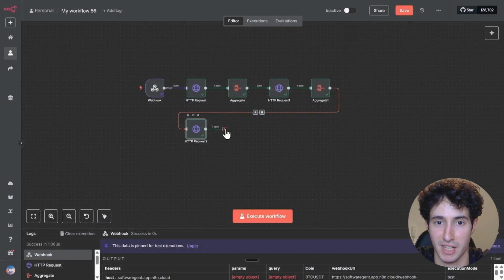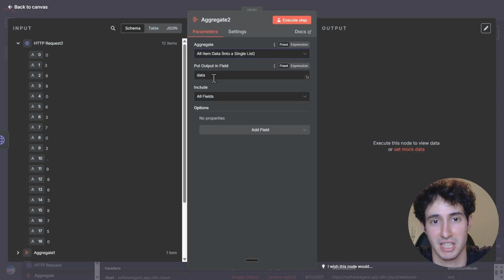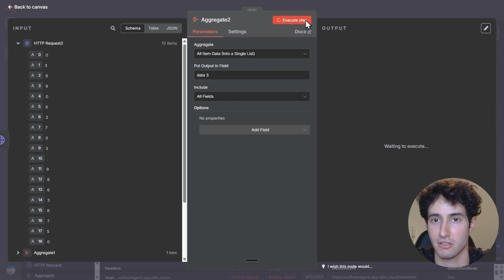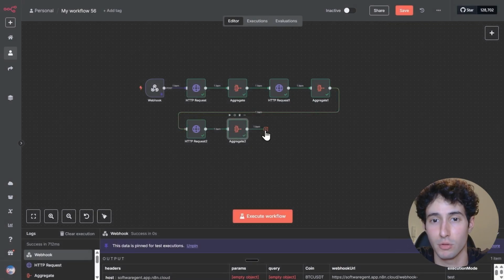Now we'll simply come over here and add in another aggregate node. So you're basically seeing that we're doing the exact same thing. I will name this data 3 this time, and I will click on execute step. Great, we have inputted all this data inside an array, and now we will do the exact same thing one